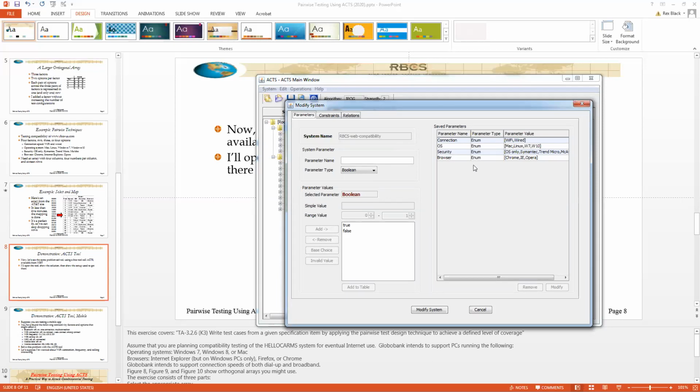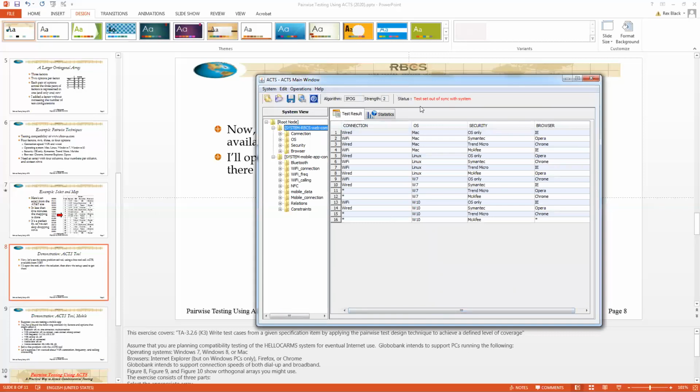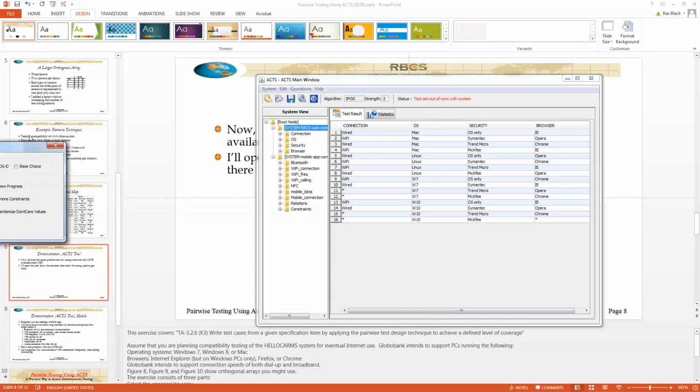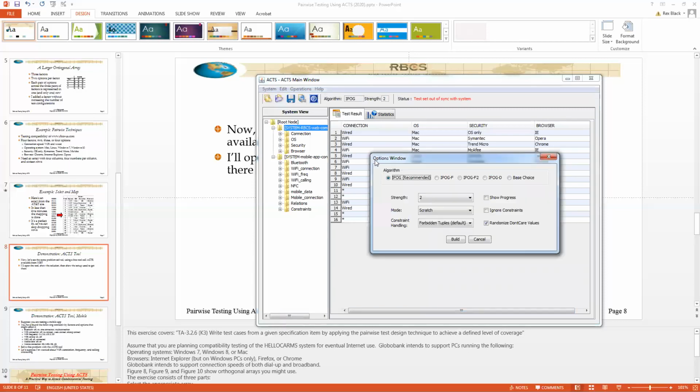And then once I've made the changes, if I actually want to make changes, I would say modify system. And then notice that up here it says test set out of sync with system. So then what I would want to do is say build. It's popping up the window in the wrong place. So when I say build, it then brings up this options window here, which you can see. Again, apologies for those of you who are trying to follow along on a podcast here. It'd be easiest if you got the tool first and then